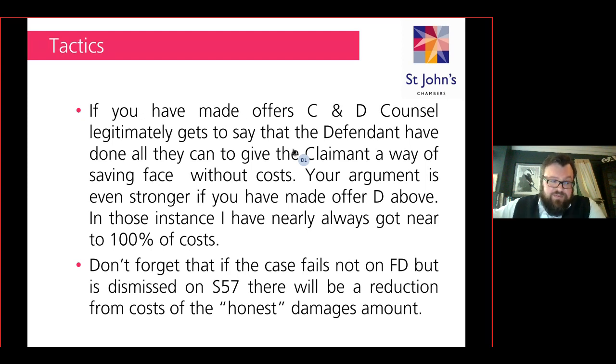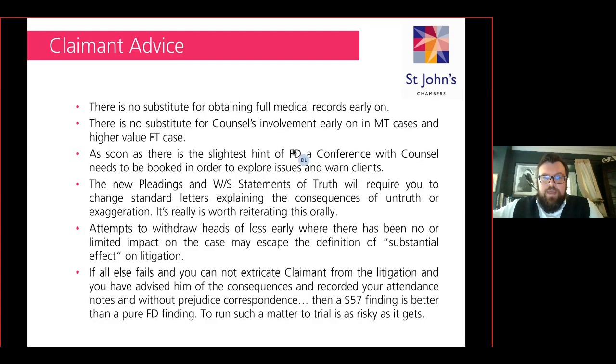But if they've shown themselves to be A, dishonest, and B, have had an honourable way out and not taken it, then you'll get a less sympathetic judge. In terms of claimants, and very, very quickly, there's no substitute for getting the full medical evidence early, the full